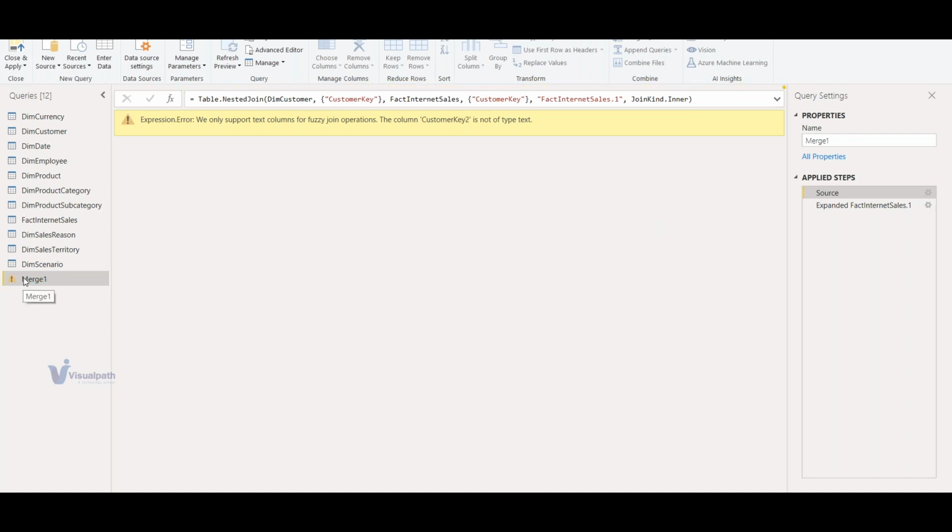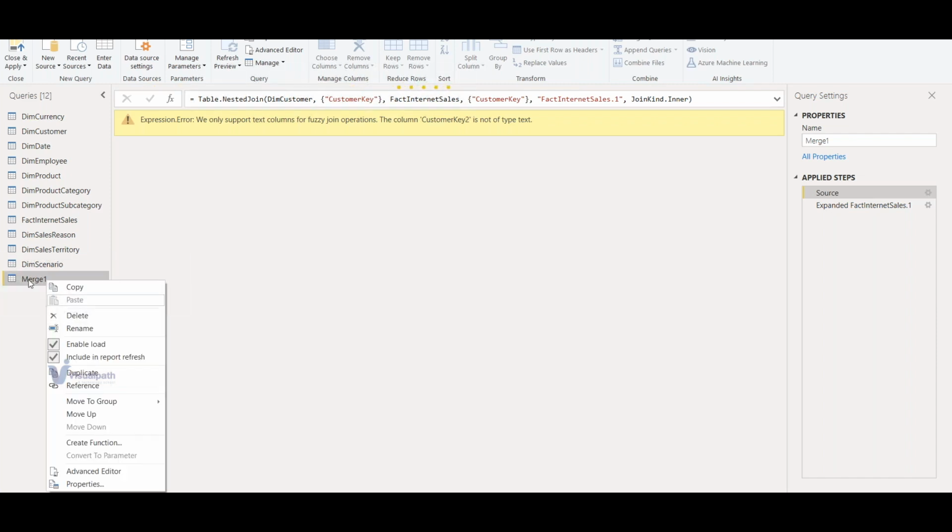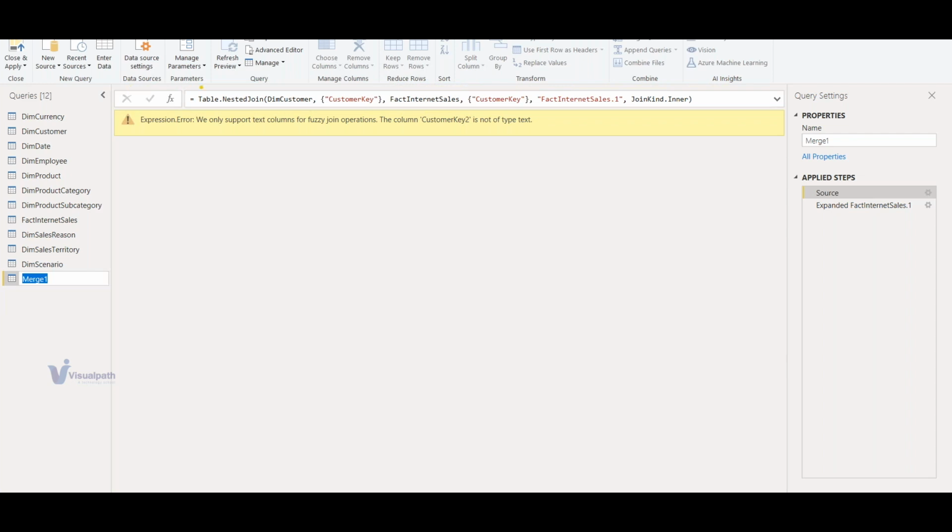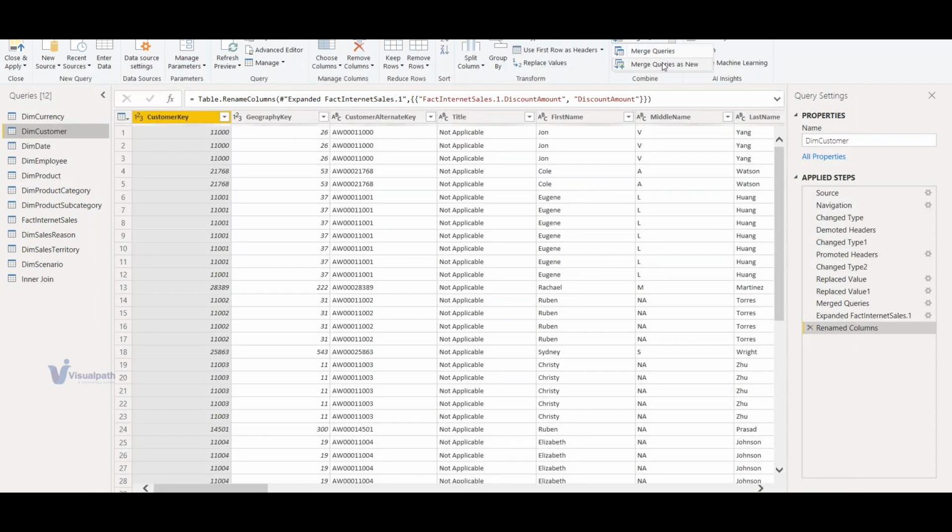Right, so your task is, you have to get 6 new merge queries here, and rename this query. Since I have done this for inner join, right click on it, click on rename, or else double click on this, keep it as inner join. Sorry, I misspelled it. Inner join, and again same thing, click on merge queries as new,